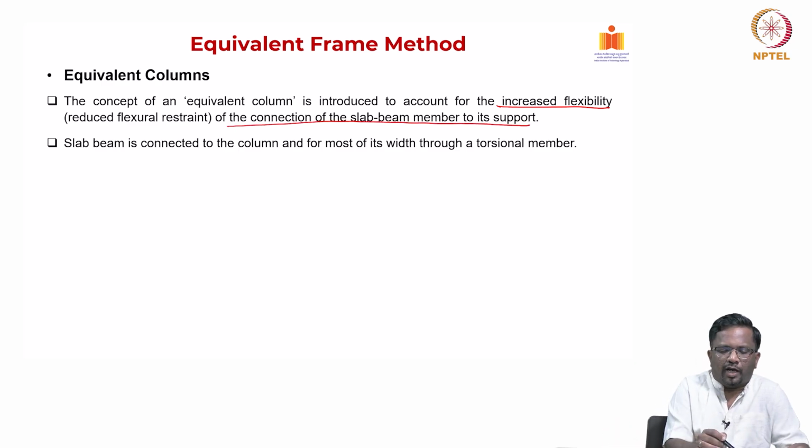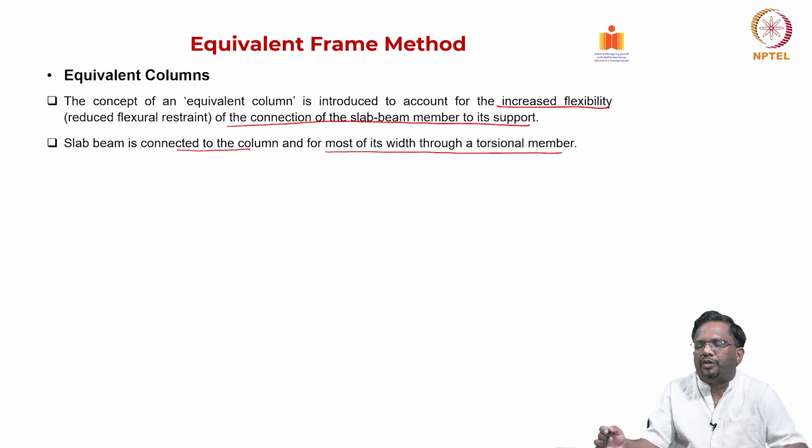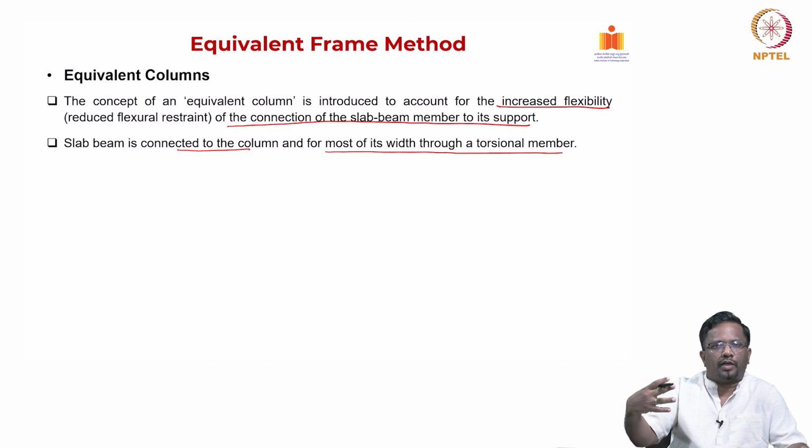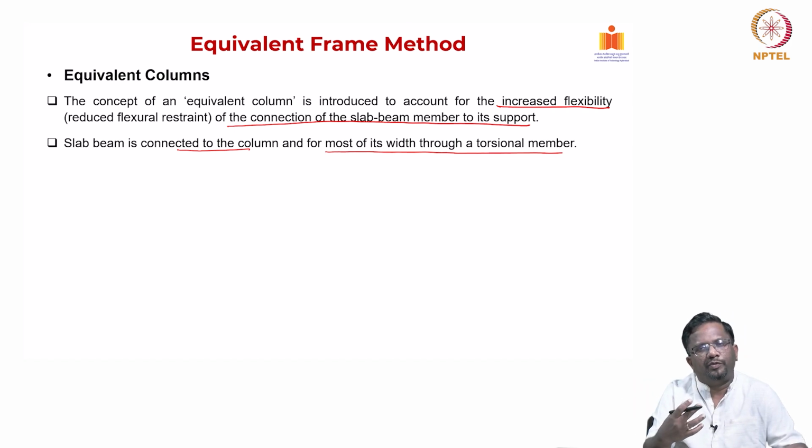Now the slab beam is connected to the column, and for most of the widths it is only through a torsional member, right? Because when you look at the connection of the slab beam to the column, the slab beam width can be about 7 or 8 meters depending upon the geometry of the panel, and the column dimensions will typically be 400, 500 or 600 millimeter by 600. So